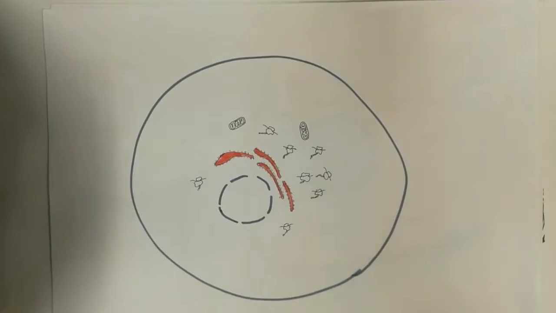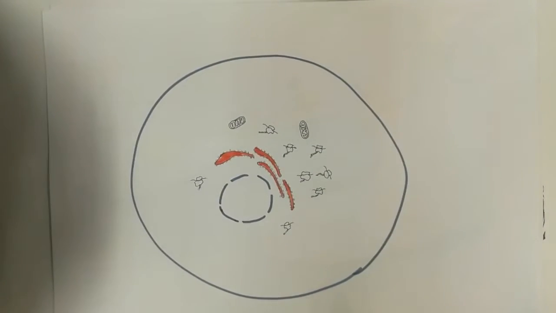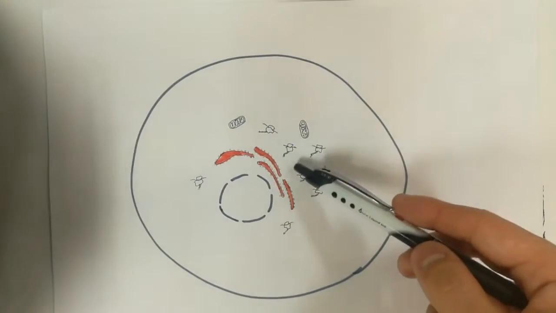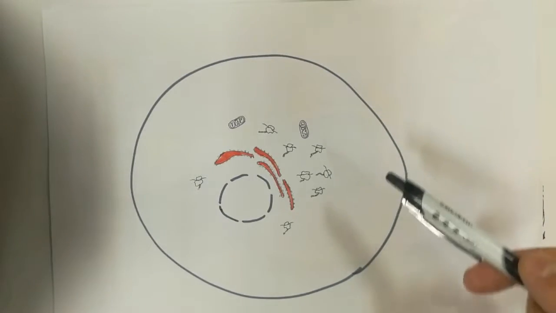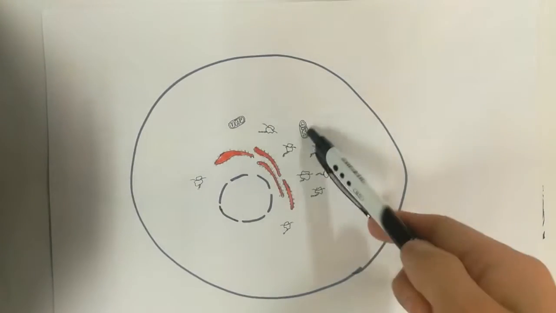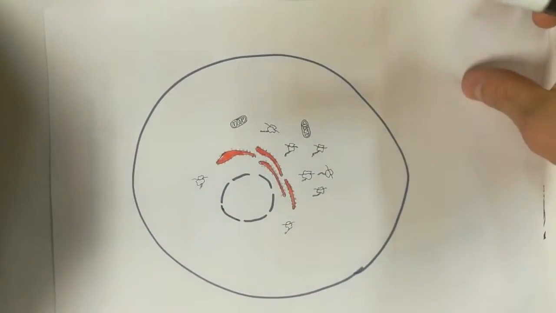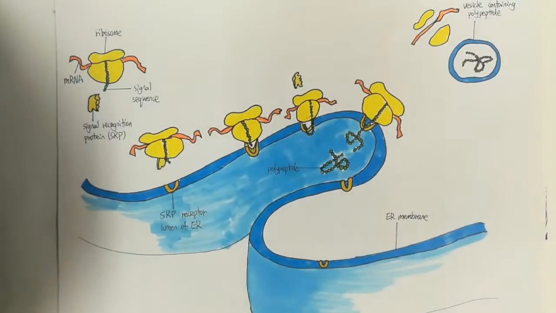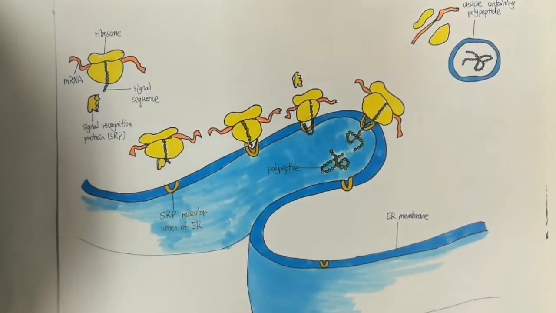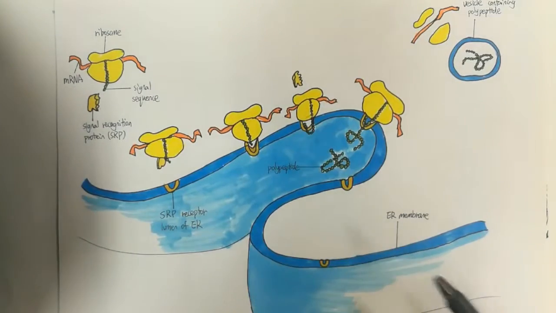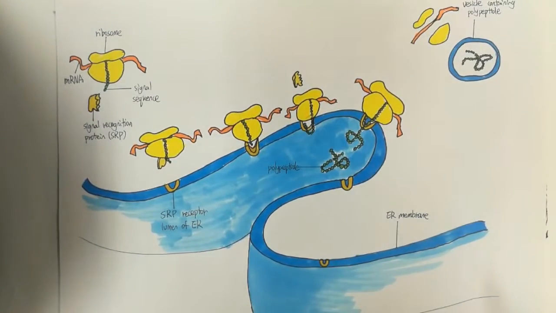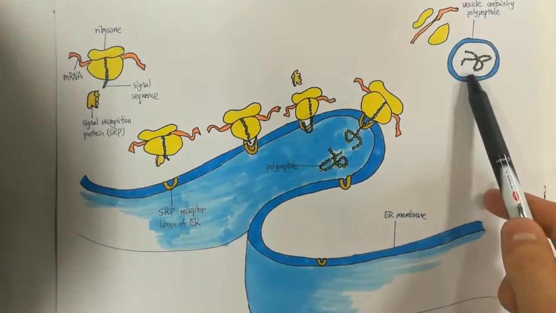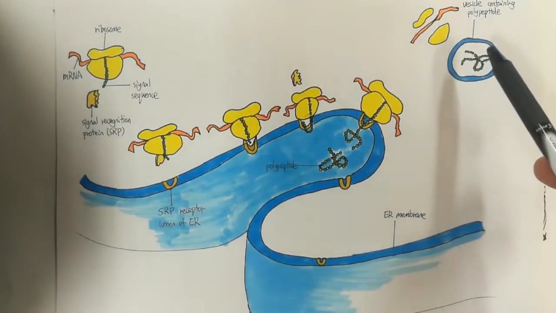Translation in the cell commonly happens in the free ribosome, and the proteins synthesized from the free ribosomes are mostly for use in the cytosol, mitochondria, and the chloroplast. And the proteins synthesized from the bound ribosomes are mostly for use in the ER, the Golgi apparatus, the lysosome, and outside of the cell. That's because the rough ER can provide a vesicle that can transport the protein